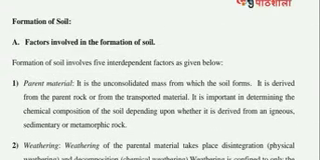Formation of soil. Factors involved in the formation of soil. Formation of soil involves 5 interdependent factors as given below. Parent material. It is the unconsolidated mass from which the soil forms. It is derived from the parent rock or from the transported material. It is important in determining the chemical composition of soil depending upon whether it is derived from an igneous, sedimentary or metamorphic